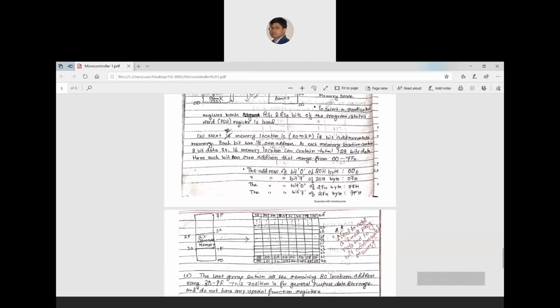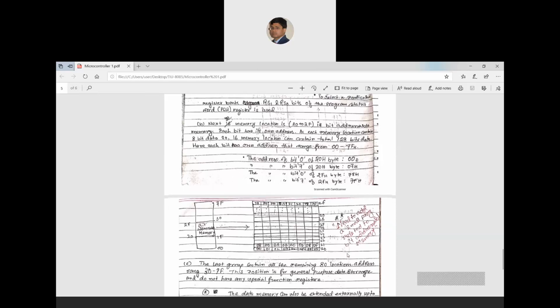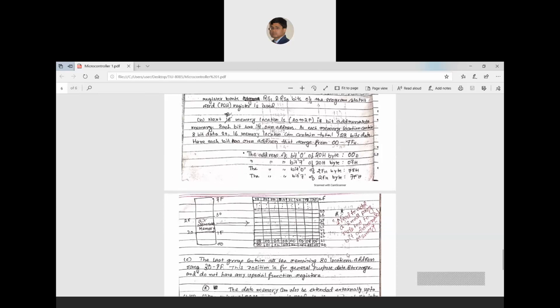So on the left, this 2022F is the segment address. Then you have to mention the bit address. The bit address for a segment is fixed. If you try to find a bit address from a wrong segment, then the program will give you an error, so it cannot fetch that value. Okay, so this thing we understand.